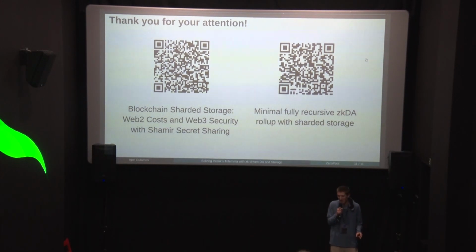longer than inside. So we can take an existing rollup and deploy multiple of these rollups together, and all of these rollups can publish data to this data availability and storage layer, and they can use some message protocol to make transactions between them.